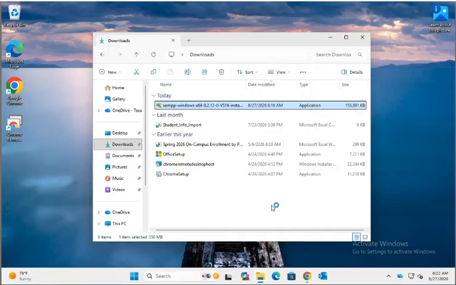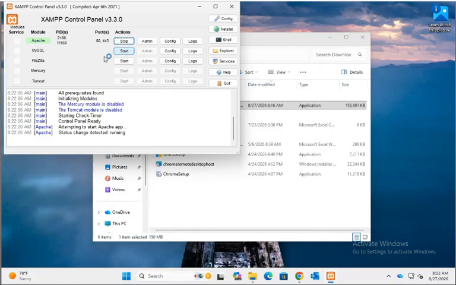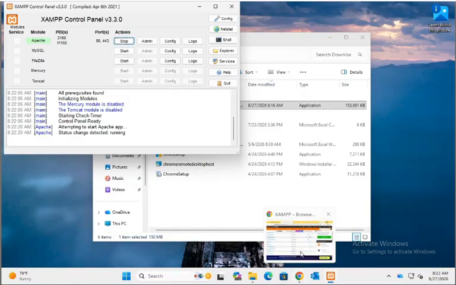Now here's the thing. Actually, this just launched it as a regular user. So here you'll see, in order to start Apache, you have the start button. So now the web server itself is running. If you then go to the browser